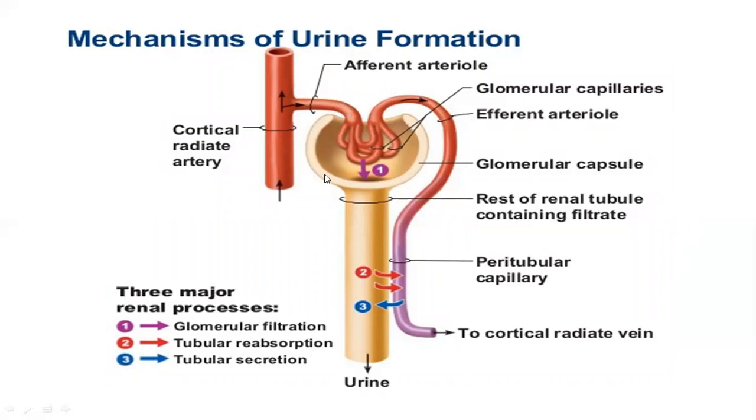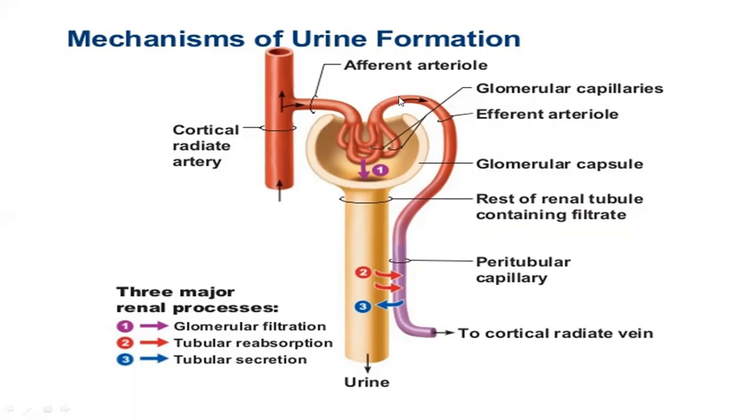You have to focus only on this part because this is the renal corpuscle, and here the first part, that is the glomerular filtration or pressure filtration, is occurring. These are the glomerular capillaries, and this is the Bowman's capsule. As a result of high pressure, when the blood moves through these capillaries, the components present in it, water, salts, amino acids, vitamins, and along with them the nitrogenous waste materials, move out of the glomerular capillaries into the Bowman's capsule. This is the cup-shaped structure which is enclosing the glomerulus,